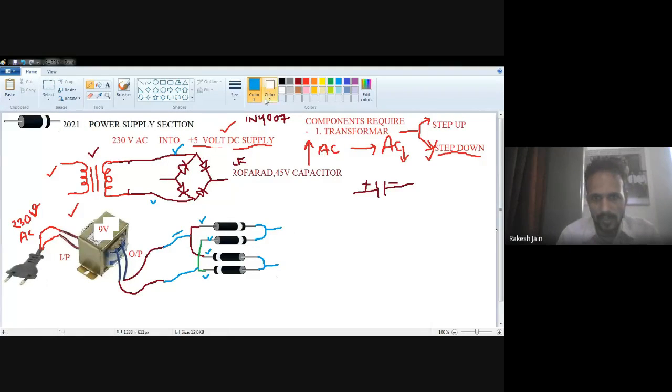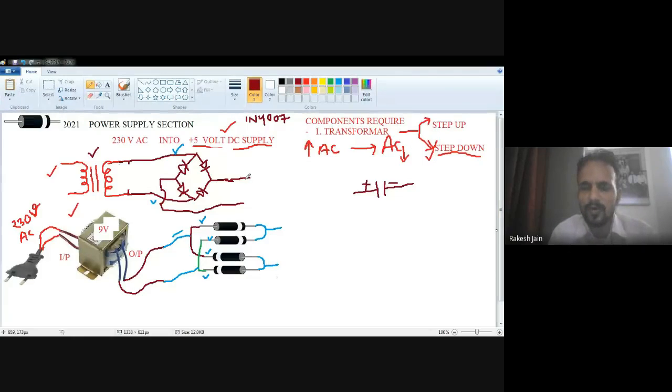Now these 2 pins, in the basic circuit diagram, how will you explain? In the basic circuit diagram, I am going to explain that after these 2 terminals, you have to connect a capacitor, the electrolytic capacitor which I have already told you about. 1000 microfarad 45 volt, or 1000 microfarad 63 volt, or 1000 microfarad 16 volt, any capacitor of 1000 microfarad, in which the plus terminal is connected with the upper side and the minus is connected with the lower side. So now I just come directly to the capacitor image so that we can connect them.